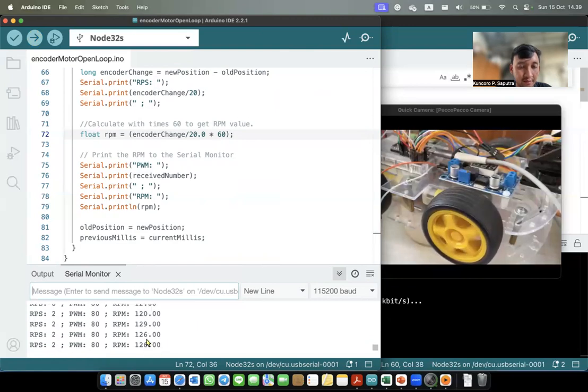Yeah, we can see that the RPM is more accurate. So 90 is 150, 100 is 170 rotations per minute.